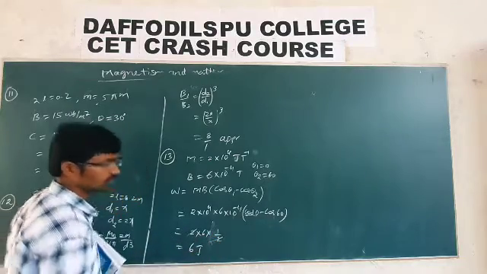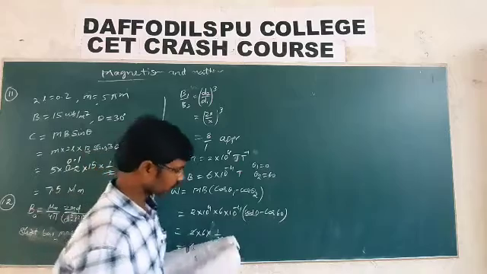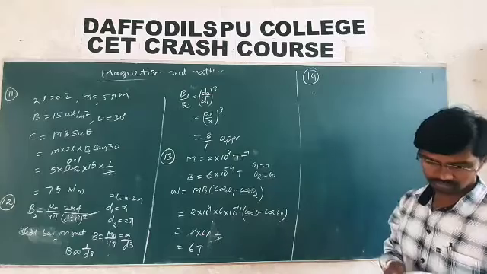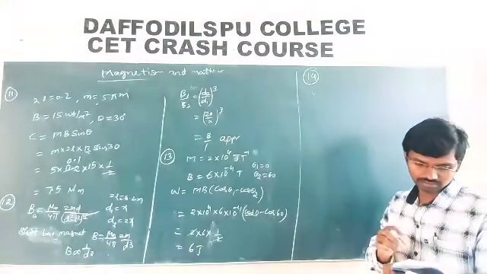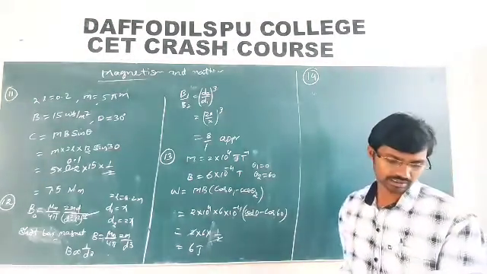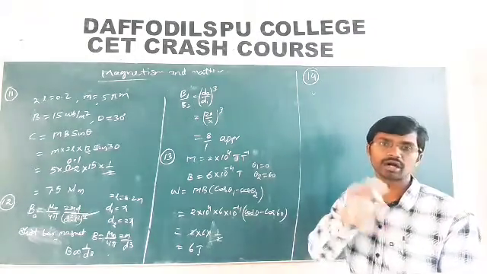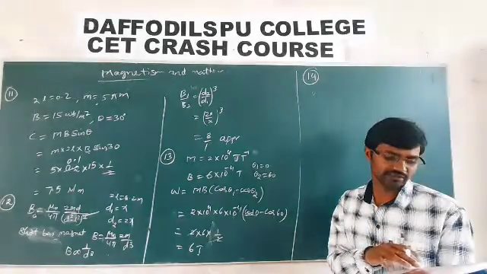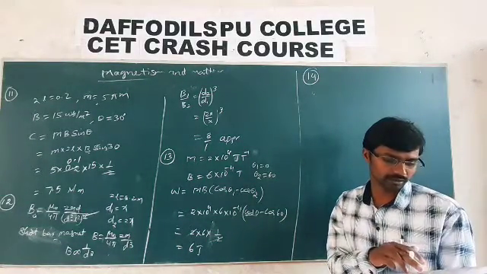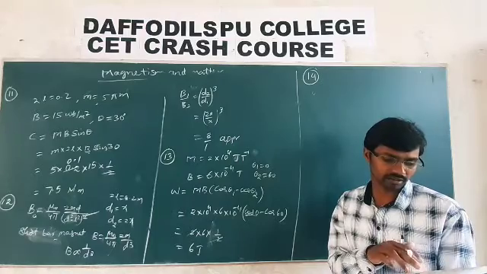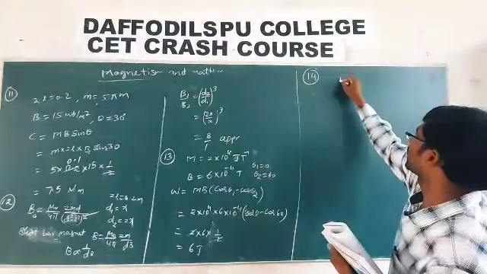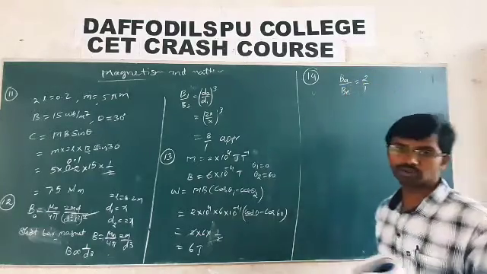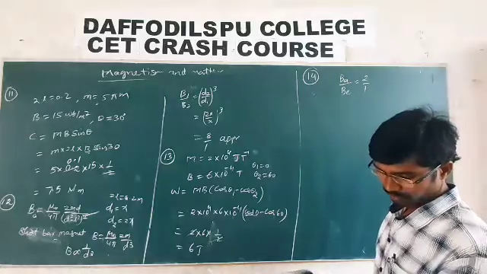Then what do you know? Tau is equal to MBH sin theta. Tau is equal to MB sin theta. Let us take initially, in what position is it? Theta is equal to 90 degrees, which is neutral. Is it okay? Maximum torque is at 90 degrees, and then at 30 degrees. So what can you write here?